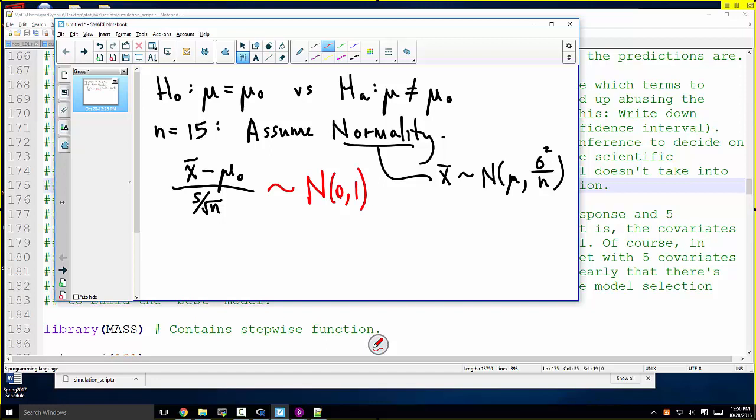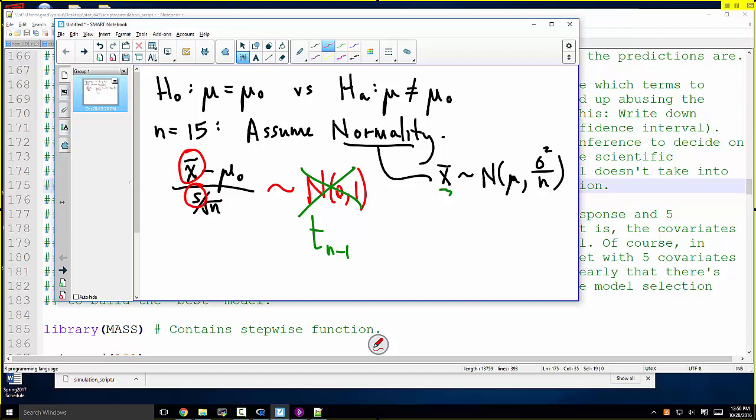The t-test doesn't do that. It replaces that normality, even though x bar is normal. This is not true. And the reason it's not true is because we have already used the data to estimate two things. The main one that hurts here is that we had to estimate the variance. If I knew the variance and I could just plug in sigma in place of s, then I'd have a normal distribution. But using the data to estimate something that goes in the denominator, that something in the denominator is